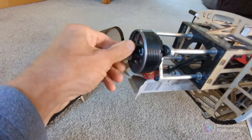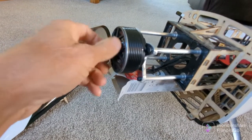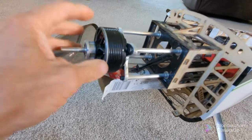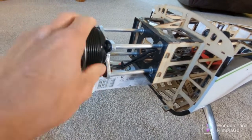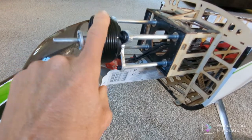But they don't run a 28 pole motor. This is a 28 pole motor. Castle tend to be more suited to lower pole motors, unfortunately. So I didn't even want to try a Castle with this. I thought, well, I'll stick with what they recommend, the 100 amp